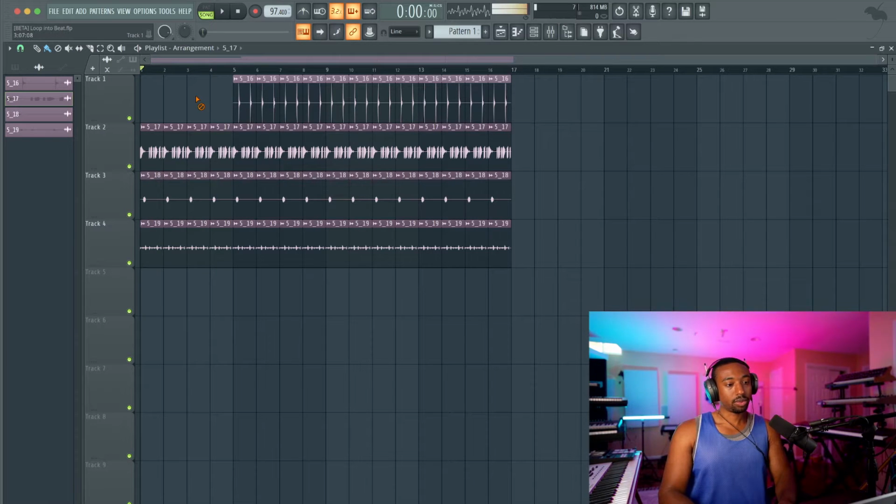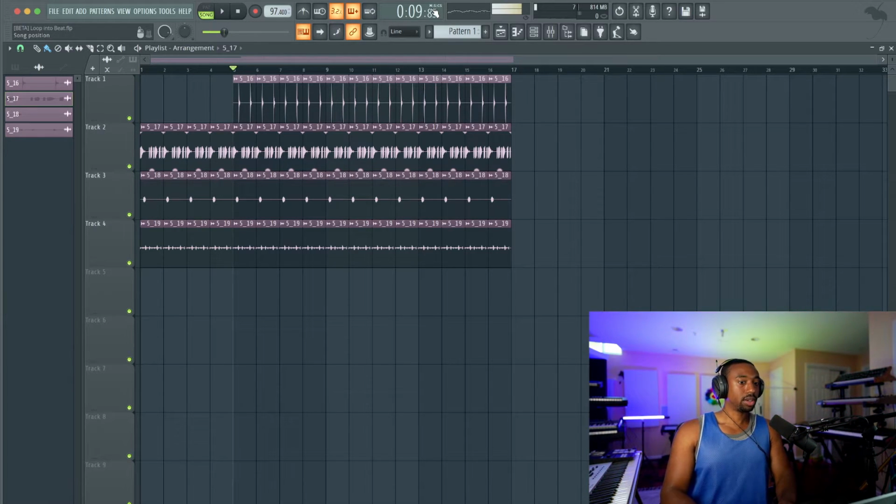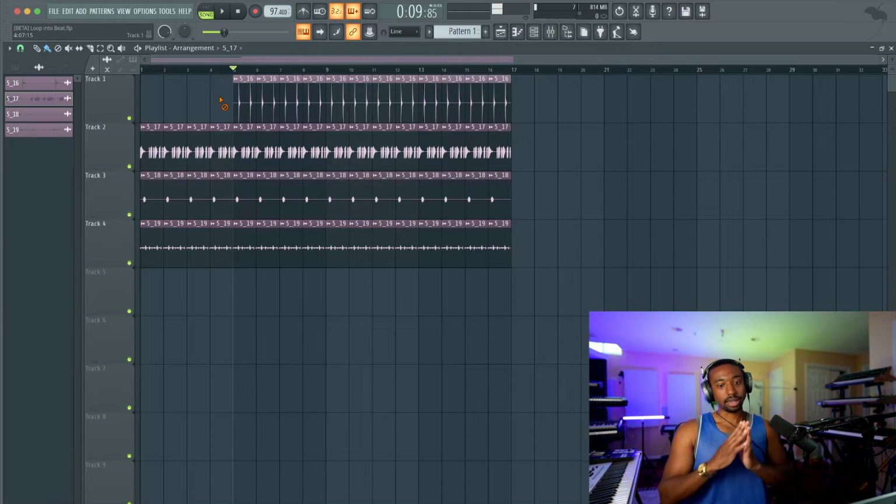So we're gonna have an intro for 4 bars, which gives us, now up here you can right click and switch this to minute, second, centisecond mode. And already we've wasted 10 seconds of intro. So you don't wanna keep wasting time in the beginning unless it's like a post-production type thing.